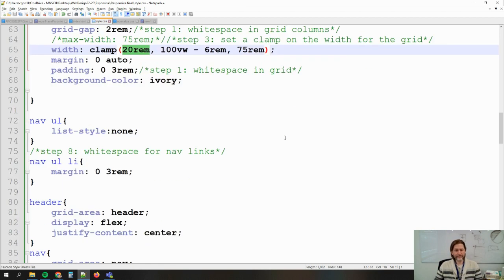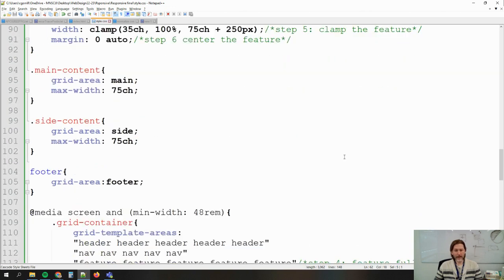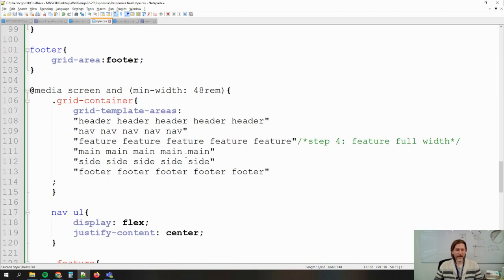Next step, remember when I had the feature just taking up the 3 center columns and I had nothing in the left and right? I decided I would change that. I decided that I wanted to have the feature take up the entire width, and then I would constrain its size, okay? So I'd make sure it never got larger than a certain size, and it never got smaller than a certain size. And then it had a preferred size as well. So that's step 4. I had to do this for both of my breakpoints right here